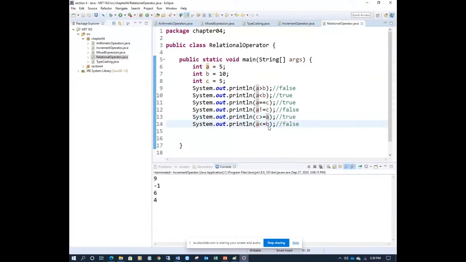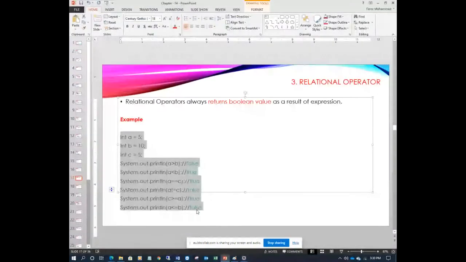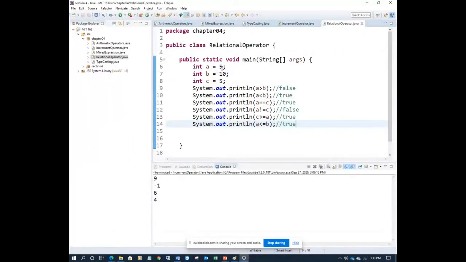A less than or equal to B, A is less than B, correct. This one is true actually, so change it in your slides also, it's true. Because here A is 5 and B is 10, right?